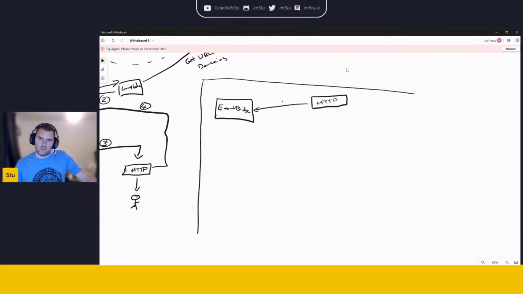That's kind of step 1. So I will likely actually dual write to two different places. So I'll have one Lambda here. Lambda. And this is going to write to